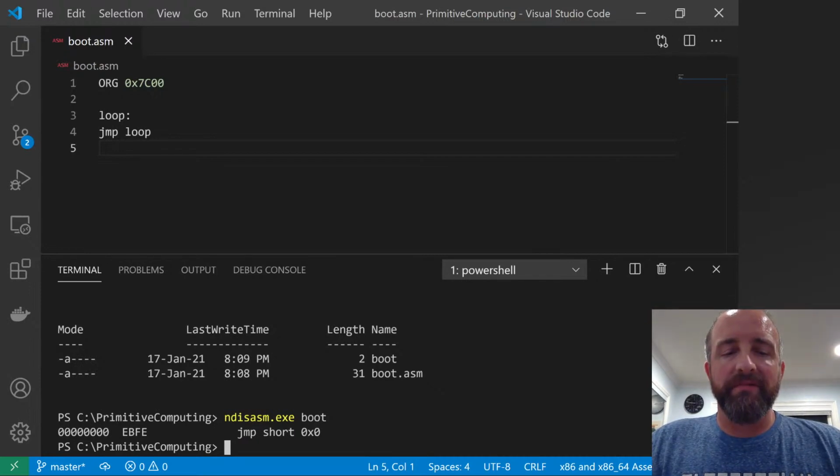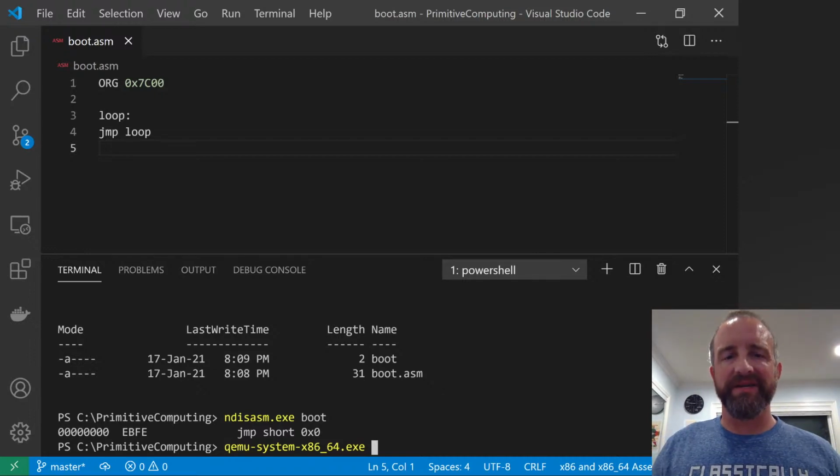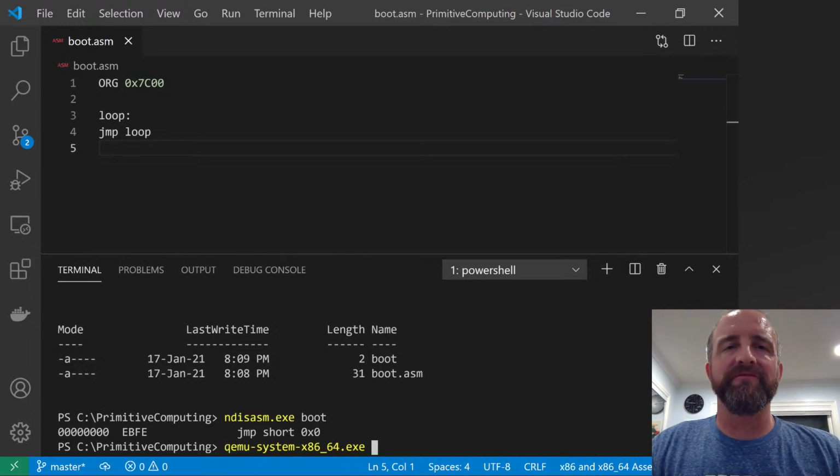Okay, and now we want to try and run this. So like I said, I'm going to use QEMU. Was that system x86-64? Sure, why not? We could use the i386 one too, but it doesn't matter because Intel CPUs kind of recapitulate their entire history for backwards compatibility. So they boot up like they're an Intel 8086, and then you kind of jump through all the different modes